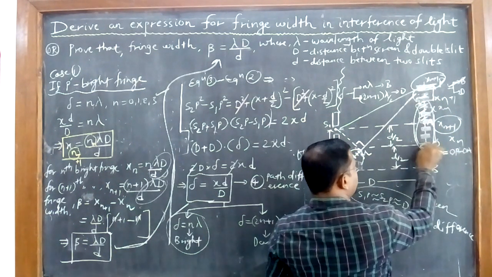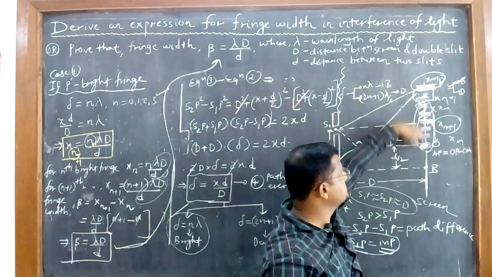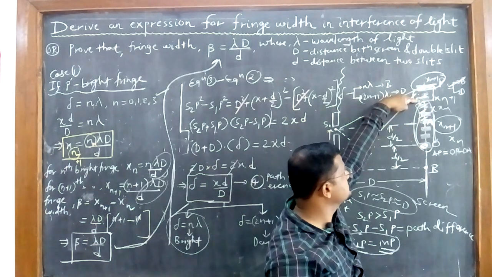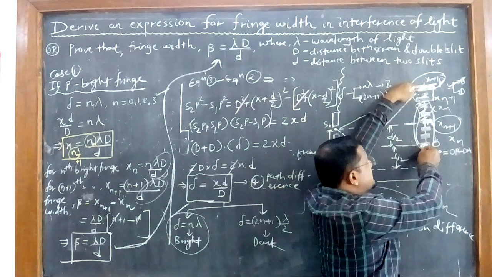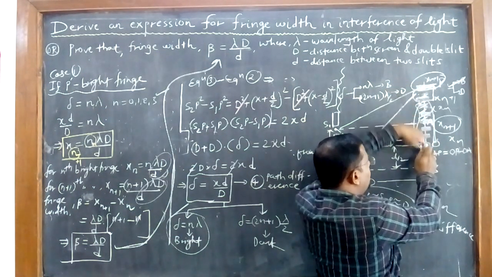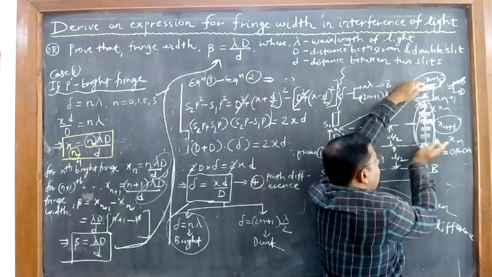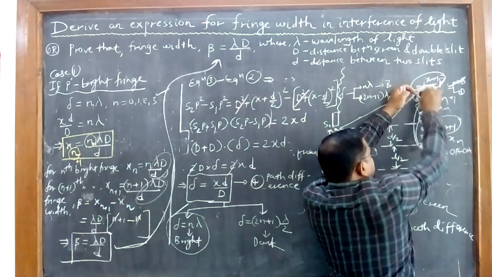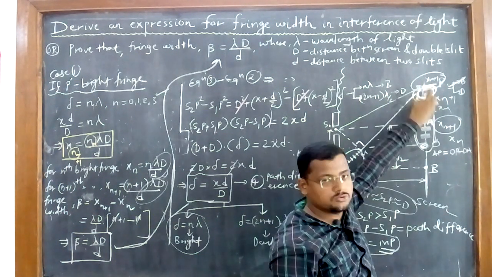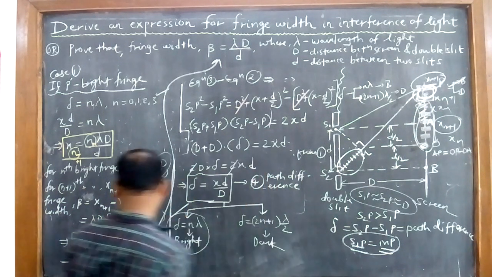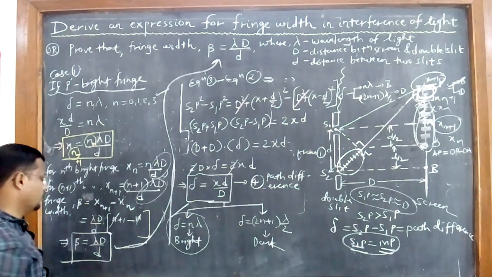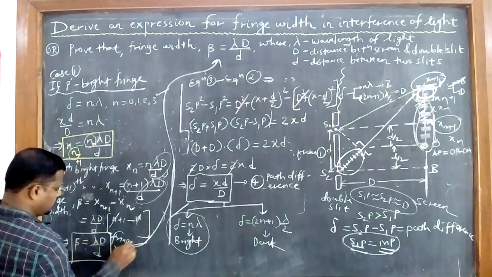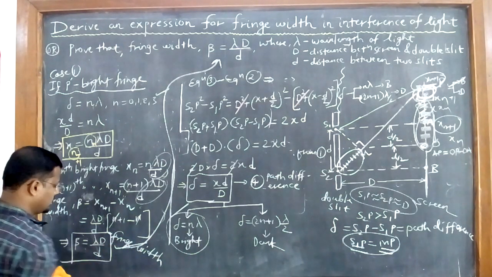So from origin O to this point P, the distance is xn plus 1, and the neighboring successive bright fringe distance is here. So from O to this fringe, total OP, xn plus 1. From this, if you subtract this much, will you get this one? And this is the distance between two successive bright fringes, which is nothing but the fringe width, beta equal to lambda capital D by small d. So this gives me the expression for fringe width. This is your today's class now.